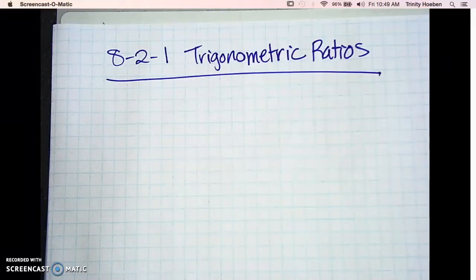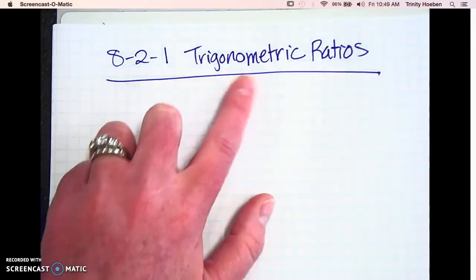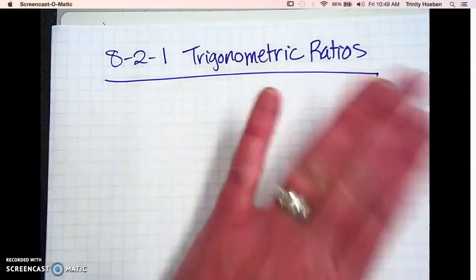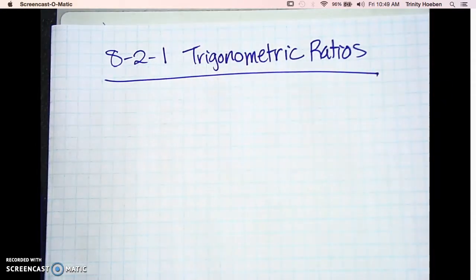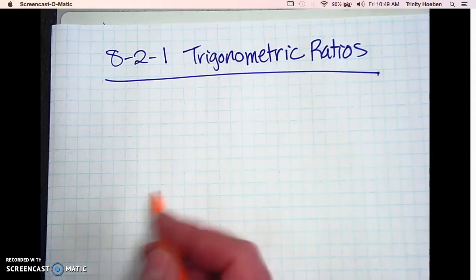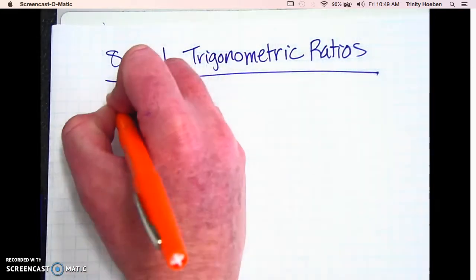All right, so 8-2-1 is called trigonometric ratios. This word, trigonometric, obviously comes from trigonometry. Ratios is all what chapter 7 was about, right? When we wrote most of our ratios as a fraction, something compared to something, okay? So the trigonometric ratio is a ratio